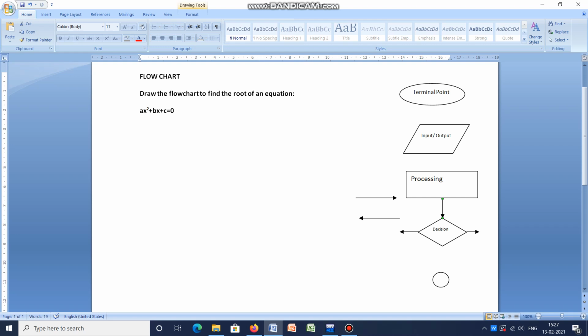As I said, algorithms are not important unless asked in the question or compulsory in the exam. But algorithms are helpful while making the flowchart, because in this program also we shall write the algorithm. They are very simple. First we have to take input from the user, a, b, c, because ax square plus bx plus c is my problem here.